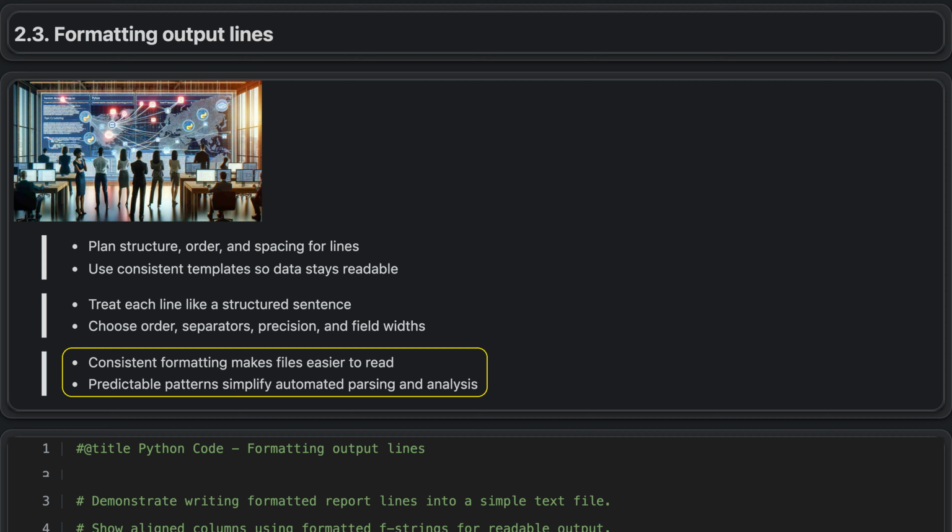Replacing file contents. When you open a text file in write mode, all existing content is erased and replaced with whatever you write next, while the file's name and location stay the same. This means any previous data in the file is permanently lost. This behavior is useful when you want to completely regenerate things like reports or configuration files. However, you must be careful and only use write mode when you are sure you want to overwrite the file